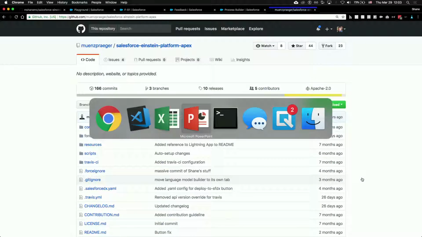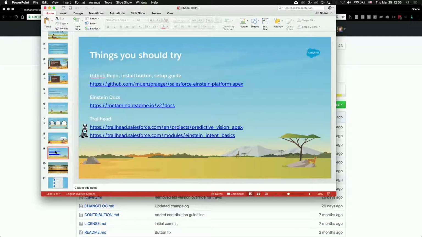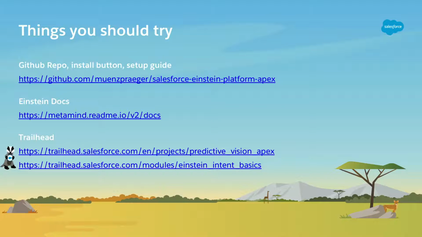And I am just going to show you the one slide here, which is not really interesting now, but probably interesting after the show when you want to take the slides home. So this is the link of the thing I was just showing you. The other thing that's interesting is the Einstein Docs. If you want to mess with some of these API calls and maybe as it changes over time, either contribute to this or take a look at them. You can see what those raw calls are in case you're doing this from Heroku or somewhere the Apex wrappers don't help you. And then there's the two Trailhead modules on vision and intent that will walk you through some of this stuff, including the setup.